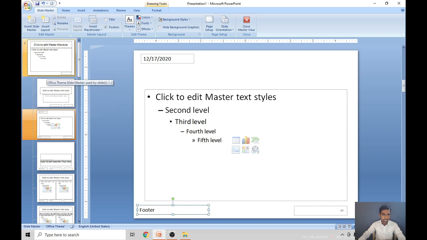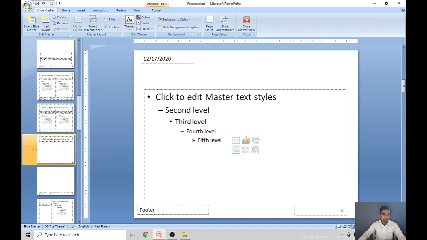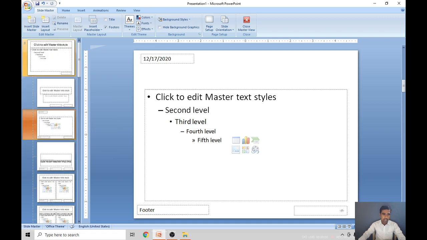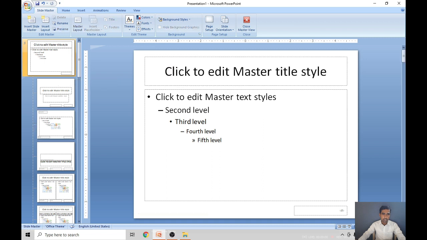When you change anything in a master slide, it will be applied to all the slides. However many slides are there in a master slide, it will apply to those slides. The different types of slide layouts are available. Here in the master slide, two placeholders are there. That is the title placeholder and the body text placeholder. This is the title placeholder and the second one is the body text placeholder.